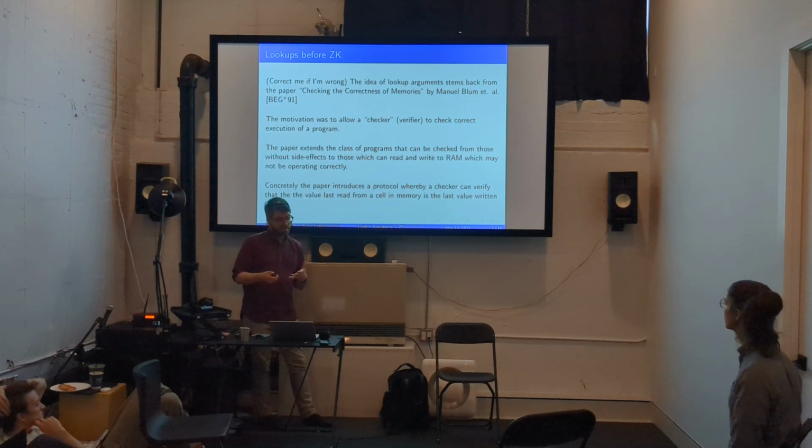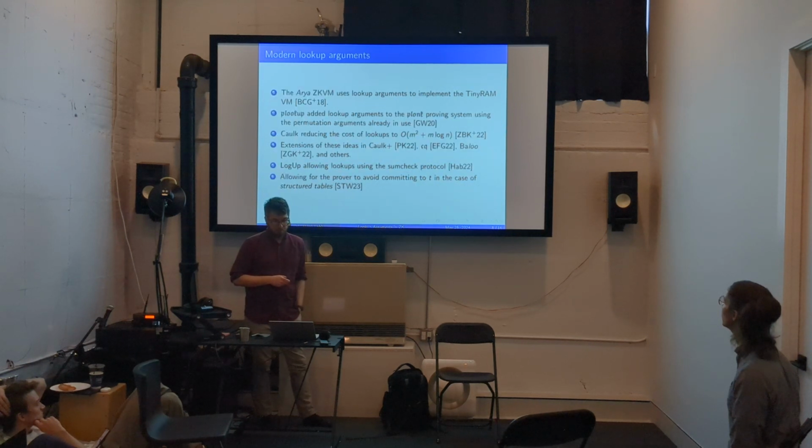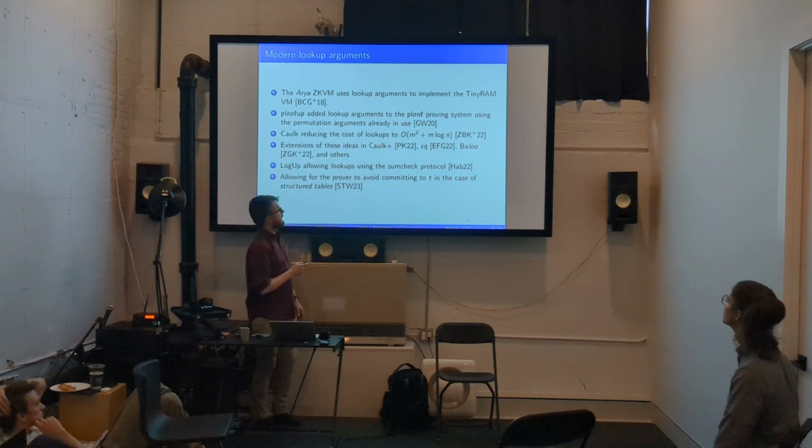So in some sense, the execution of this program is coming from an untrusted prover. That was not the language that they were using. They were not thinking about it in terms of interactive protocols. But in the ZK context, that's the way we should think about it. But modern lookup arguments have taken this idea and run with it. So this is not an exhaustive list by any means, but this is maybe some of the more recent ideas